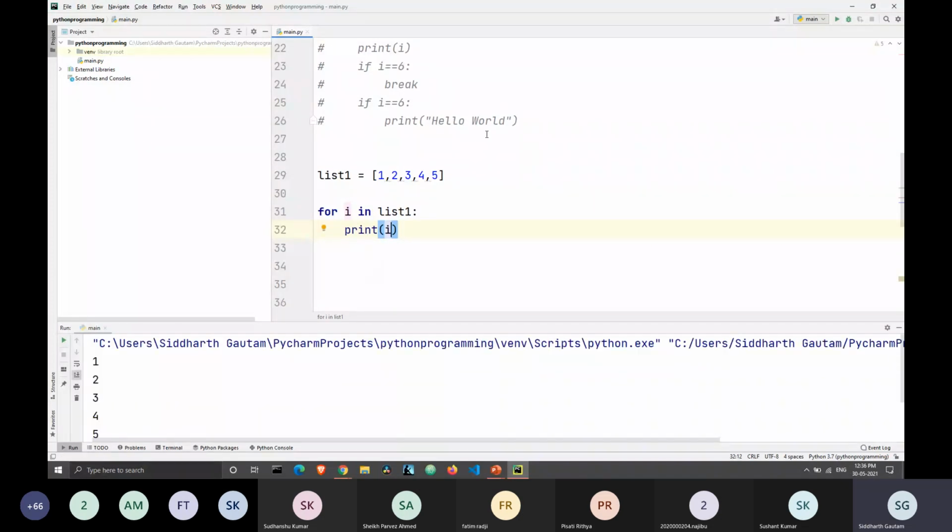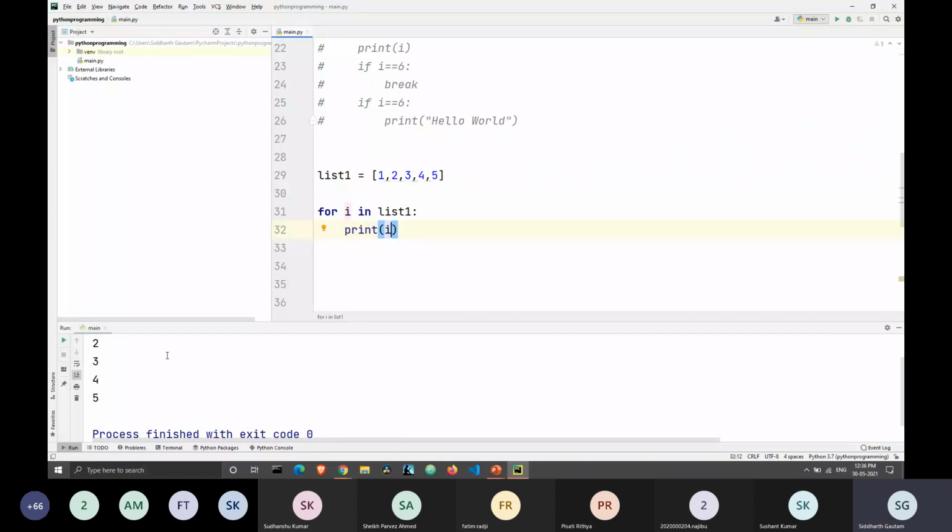My list has 1, 2, 3, 4, 5, and 1, 2, 3, 4, 5 gets printed here. This is the simplest way to traverse a list, and you can perform all kinds of operations here. Let's say you want to change the value of I. Like I plus equal to 2, and then you can print I.